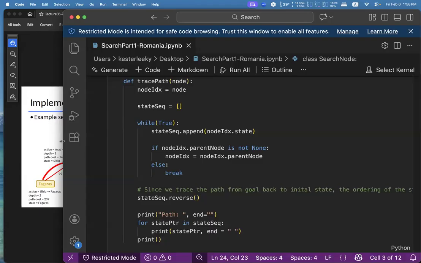If the parent node is not null, that means you still haven't reached the root node, so you can update the node IDX with the node IDX's parent node. So you essentially move one step closer to the root node. You keep on doing this until you reach the root node. Then you have fully traced the path from the leaf node to the root node.